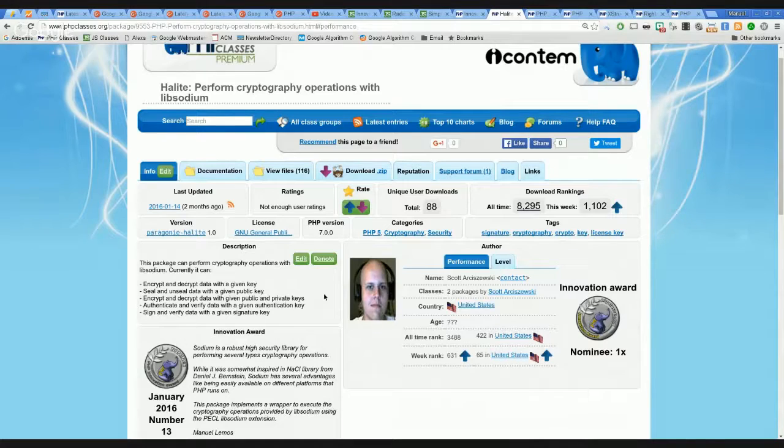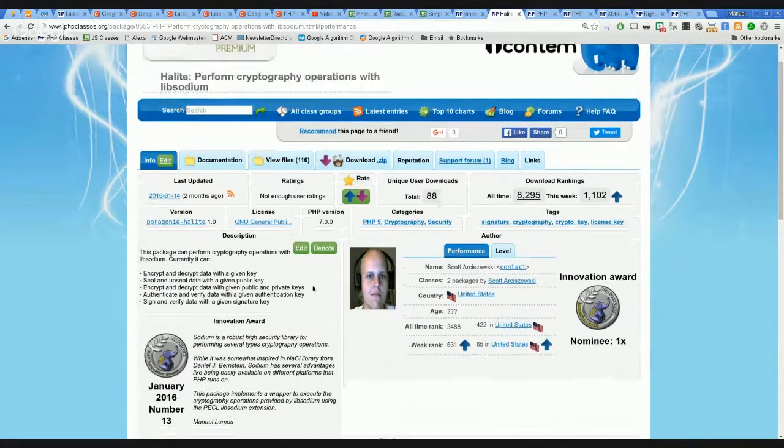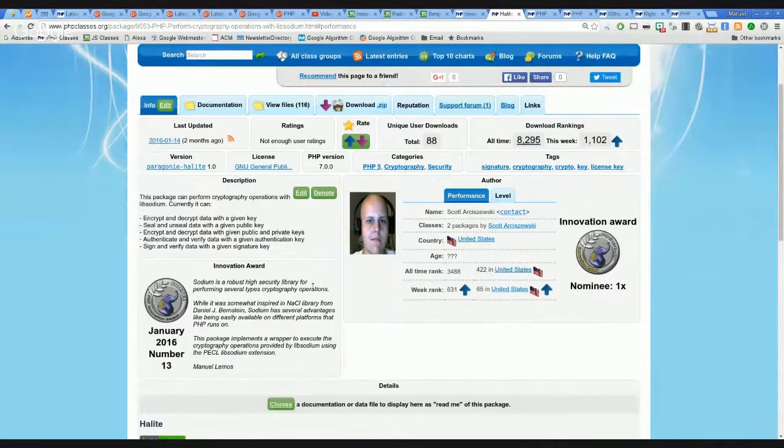The idea is to provide the features of libsodium, which is currently a PECL extension. Sorry, it's done around the PECL libsodium extension. And so it works now. You don't need to wait for PHP 7.1.